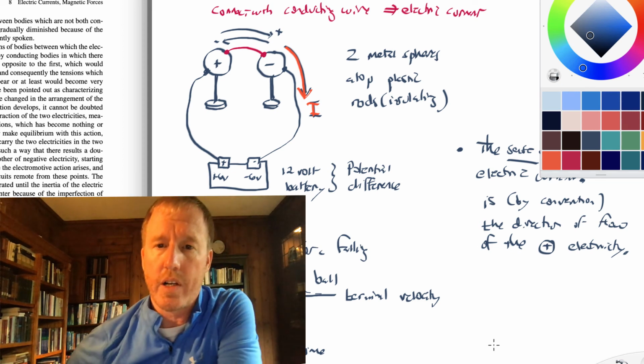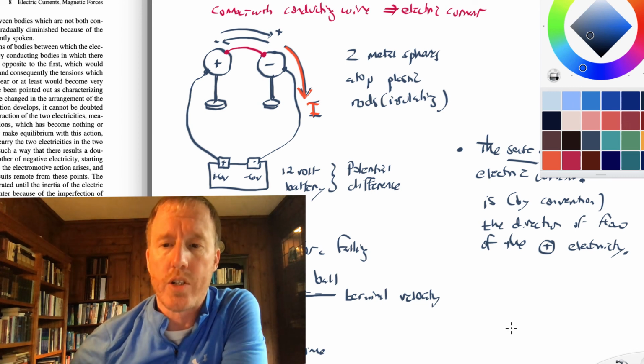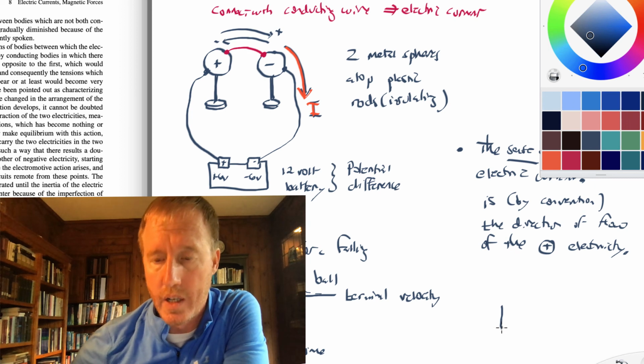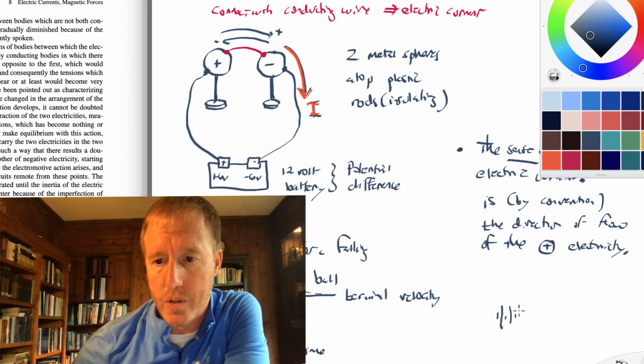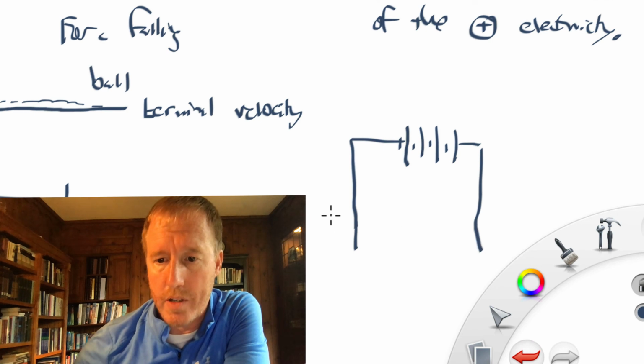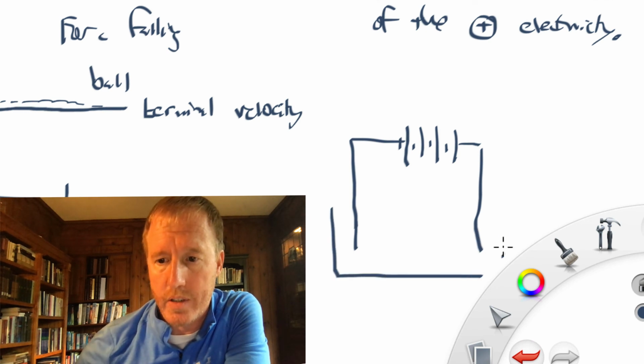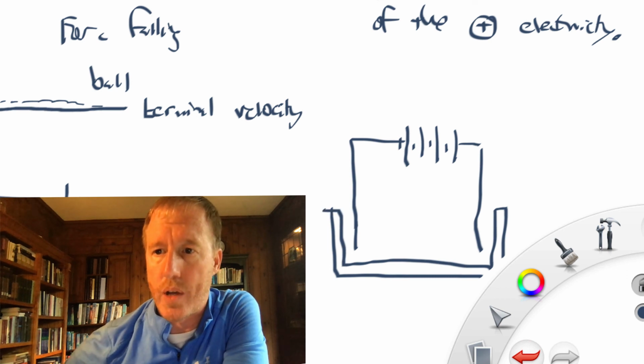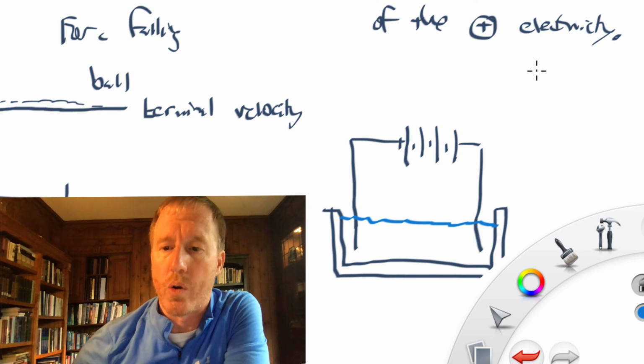And remember, maybe I'll say one other thing about that. When you set up some situations, there are positive and negative electricities in fact flowing. If you have a battery hooked up to a saltwater bath, as I mentioned in my last lecture, so you've got sodium and chlorine ions that are dissociated in this.